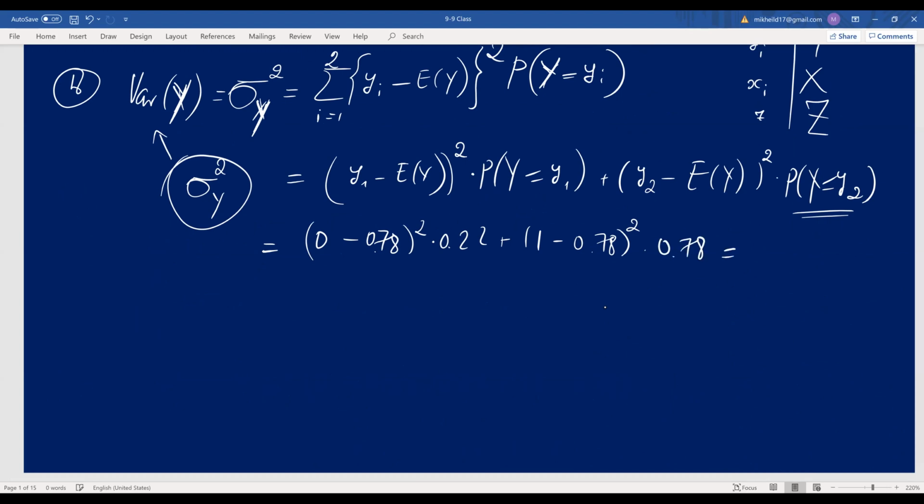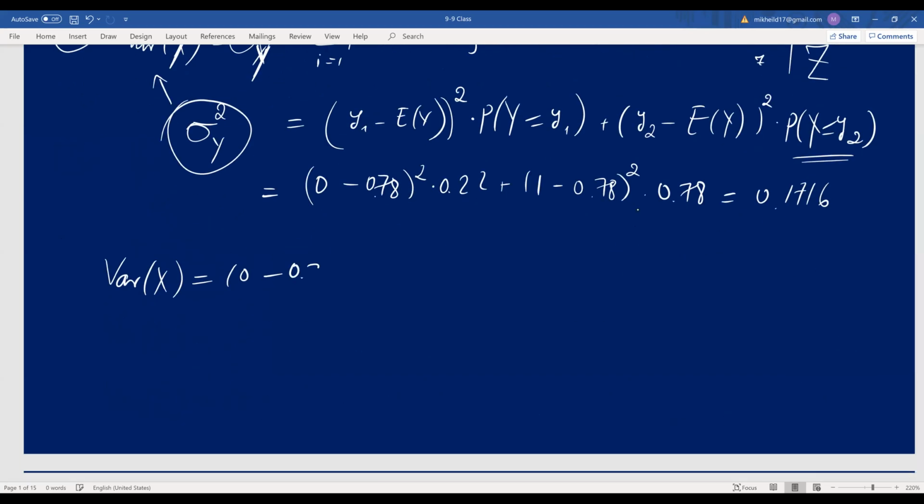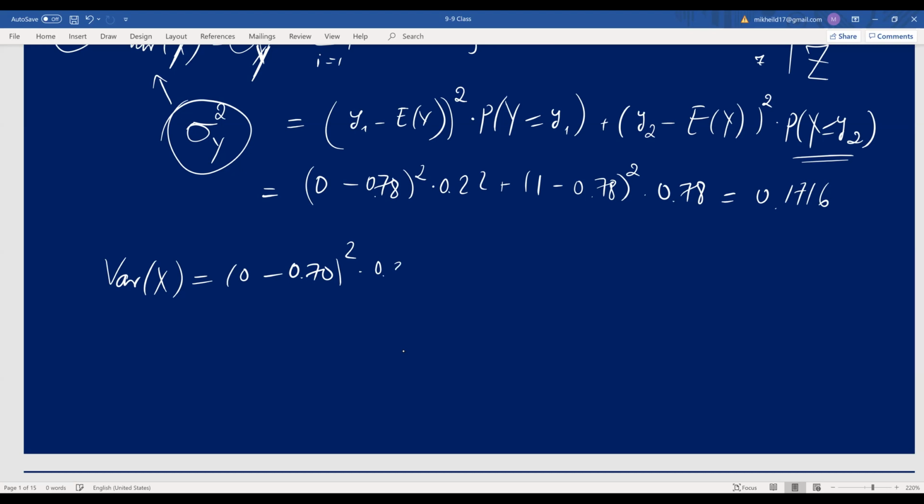And if you calculate this, you would probably obtain 0.17. We can double check that, and if there's a mistake, then correct it. But I think that's what I got. Then similarly, you will calculate variance of X, which will be 0 minus the expectation of X, which is 0.70 from above, squared, and then multiplied by the probability that X equals 0, that's 0.30. Then plus 1 minus 0.70 squared times 0.70. And this will be